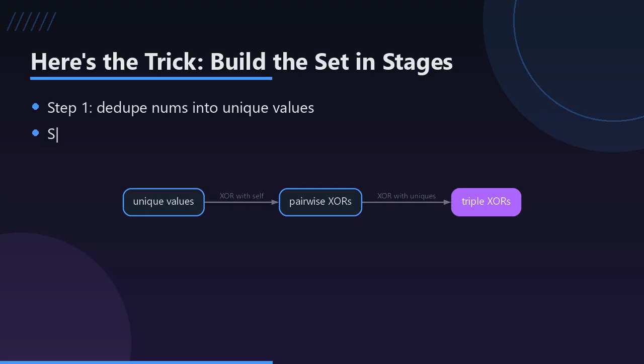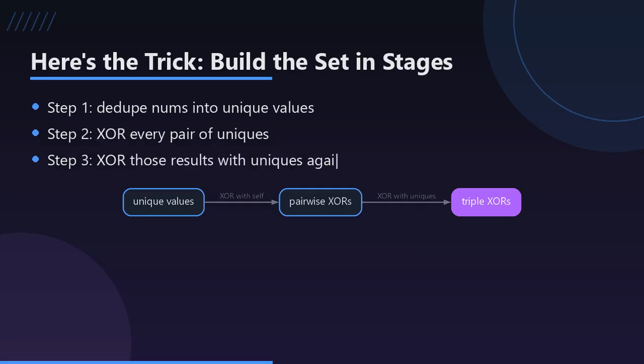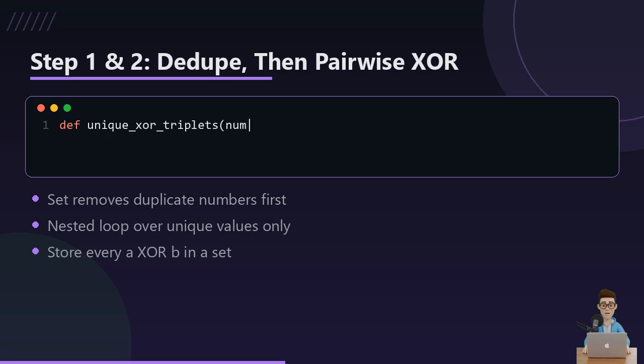Here's the trick. Instead of enumerating every triple directly, we build up reachable XOR values in two stages. First, we get every possible two-value XOR. Then we XOR that whole set against the original values one more time to get every three-value XOR. We dedupe nums into a set first because duplicate values can never create a new XOR result. They're just wasted work. Then we XOR every unique pair, including a value with itself, and collect the results in